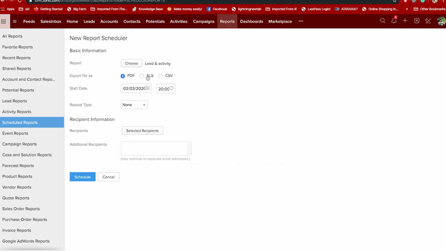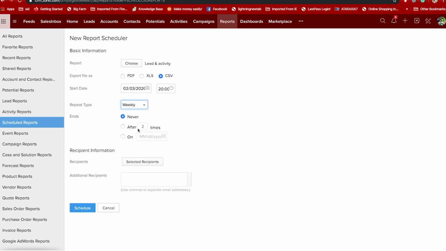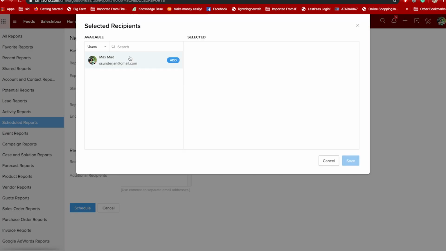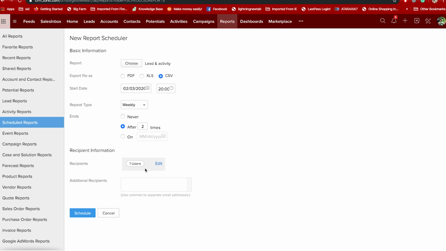I'm going to go with XLS file, but you can choose any format you like. I'm choosing a weekly report. I think that makes sense. Adding my user and schedule.